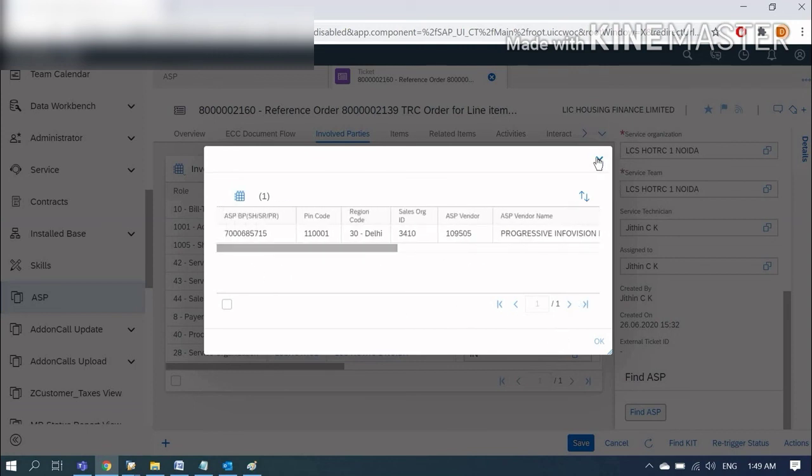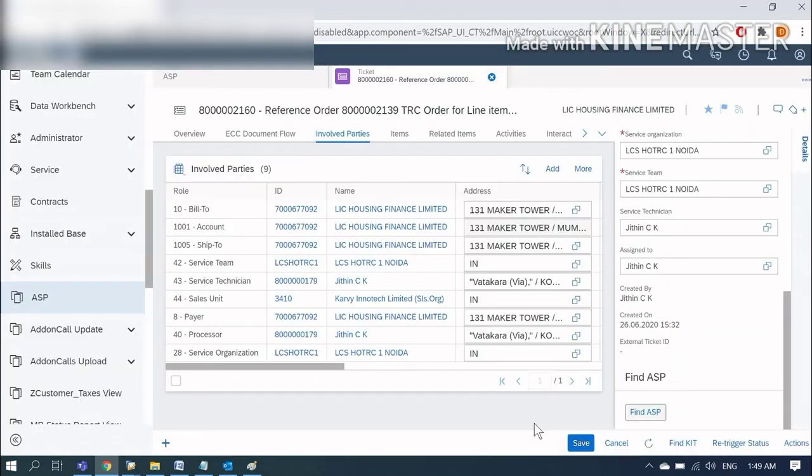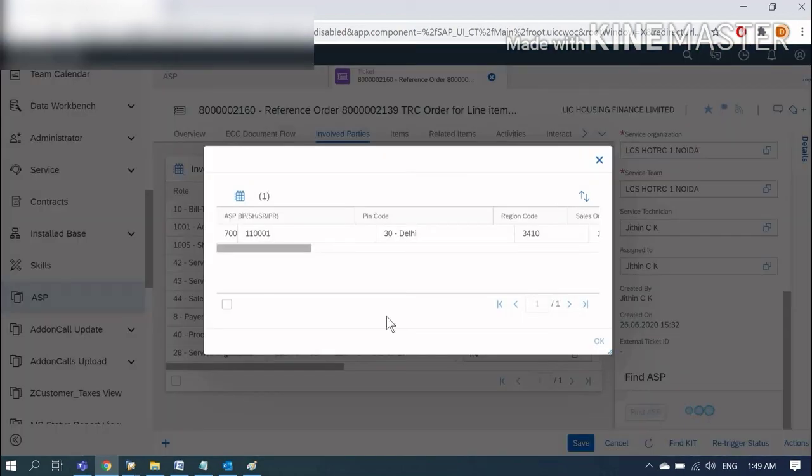Once I click on this custom button, it triggers one event handler. It hits one event handler and calls the custom business object. These data are coming from our custom business object that is called a master data.